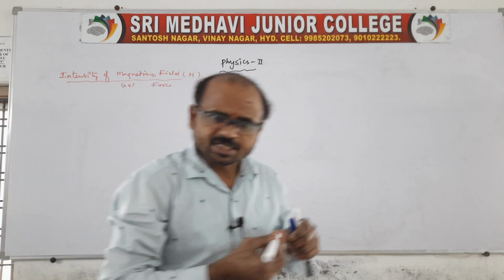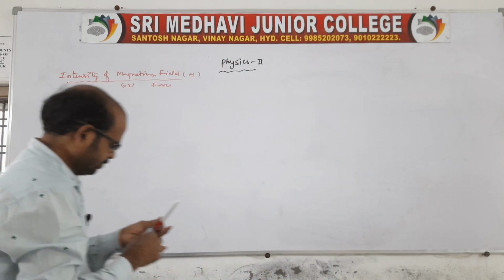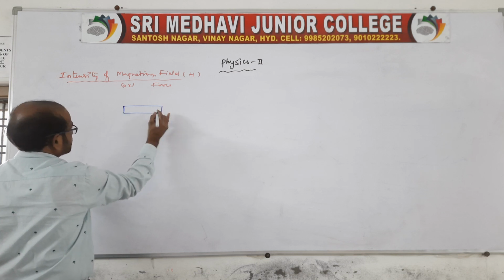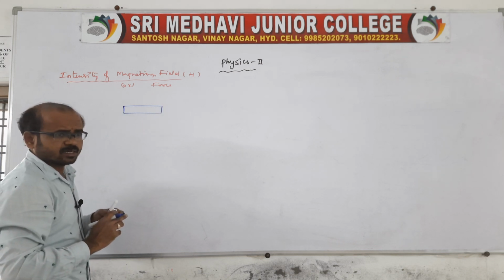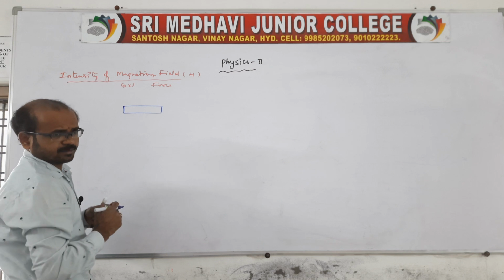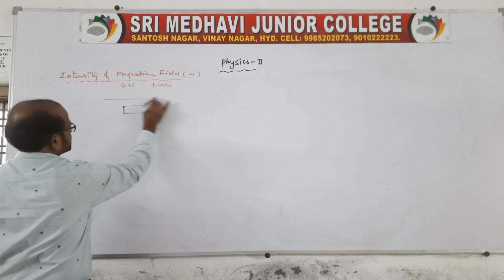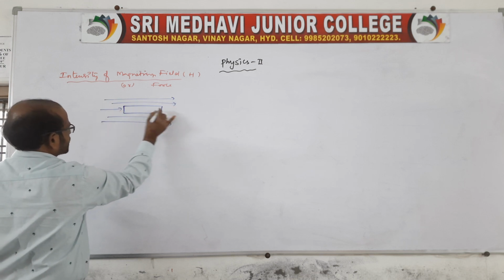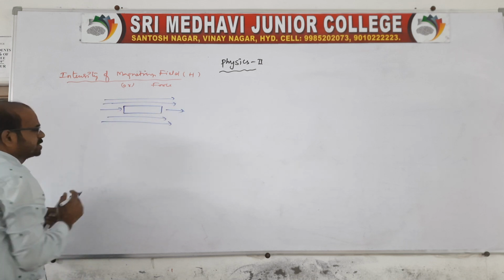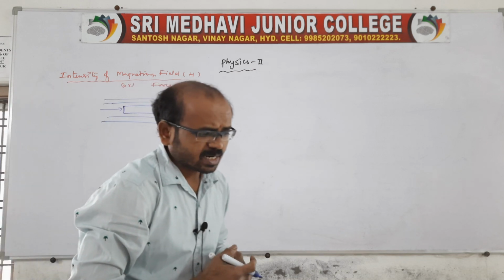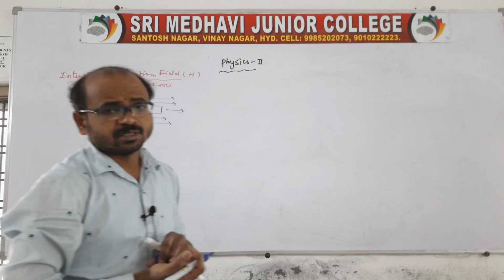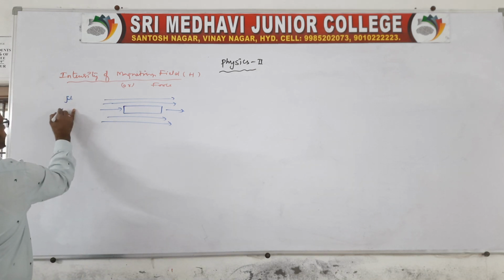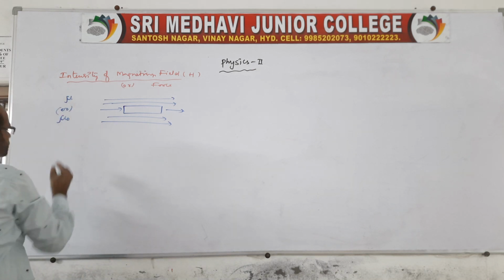Sir, what is the definition of intensity of magnetizing field? I'll tell you. Let us take one bar. It is not a bar magnet, it is a bar, so that bar must be a magnetic material. This material is placed in the uniform magnetic field. Of course, this material allows the magnetic lines of force. That means the substance which allows the magnetic lines of force, that we can call permeability, mu naught or mu. You remember this, mu naught or mu.